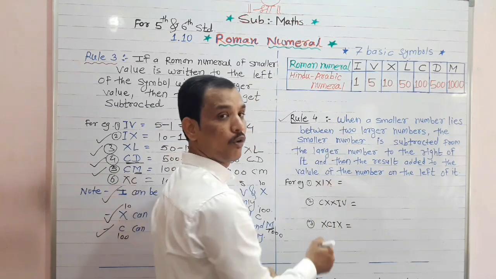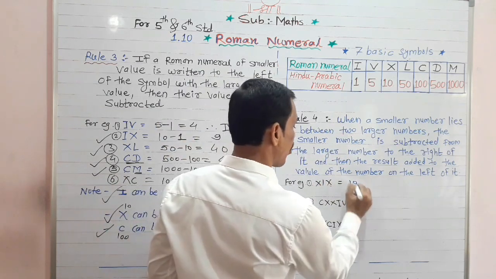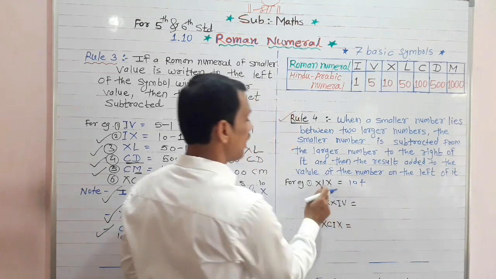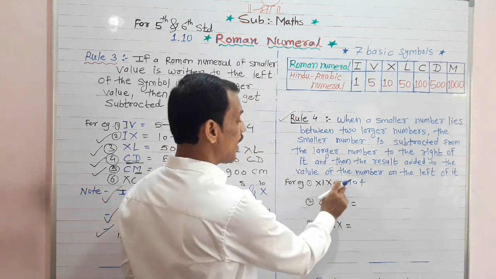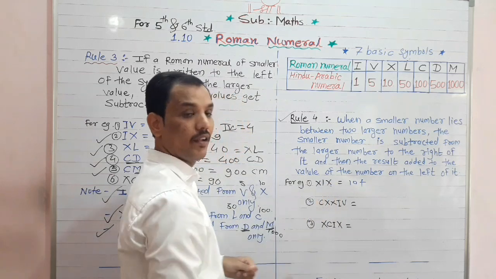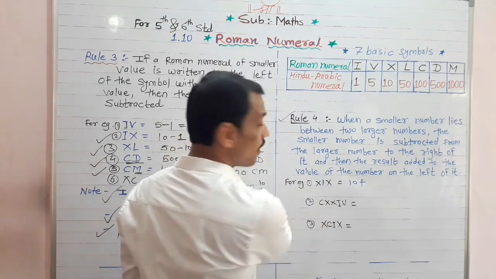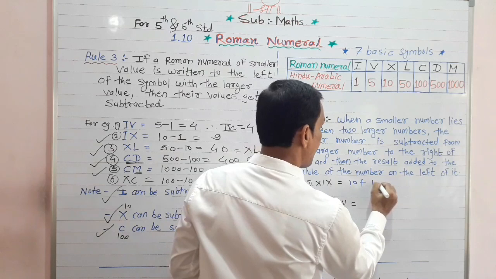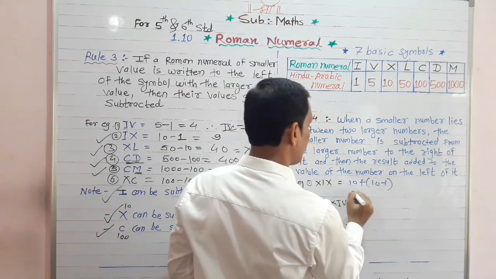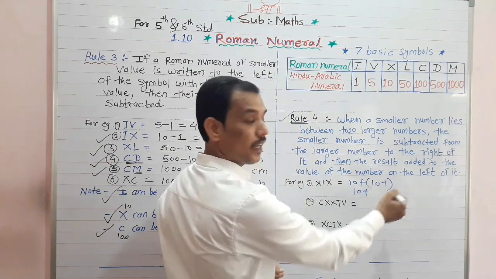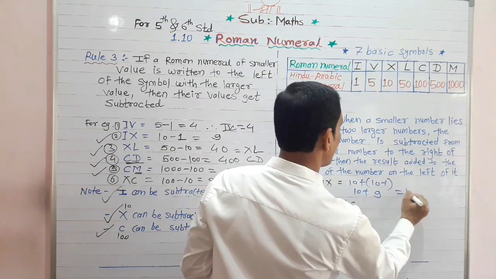So we go through rule number 4. Here X stands for 10, plus, and according to the rule, from the right side of the number we have to subtract the left side. This is rule number 3, given here. So 10 minus 1 goes in the bracket. So 10 plus here, 10 minus 1, 9 is there. Therefore the answer is